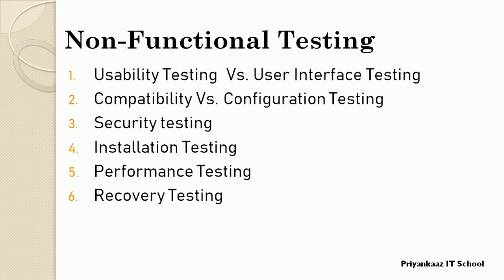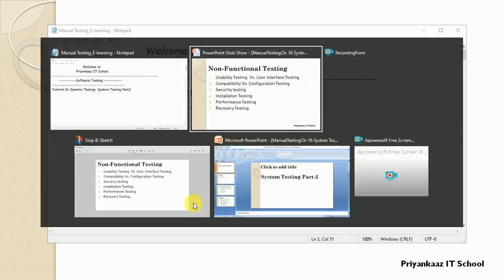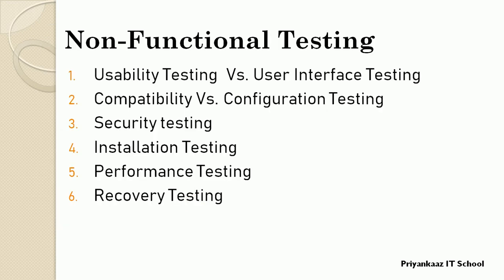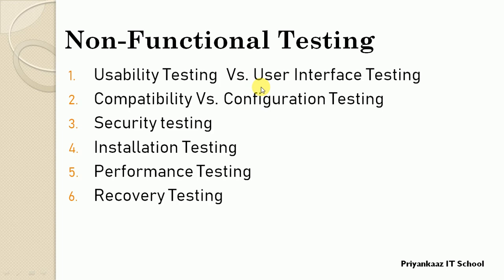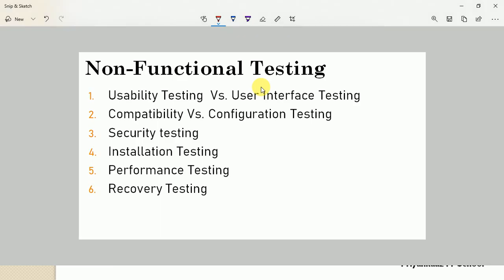So let's understand the first topic: what is usability and user interface testing? What is UI, the user interface? These two topics come under user interface. We need to focus on this particular parameter, right? Whenever we test a software application for UI, there are two types of user interface available. First is command line UI, and second is graphical UI.